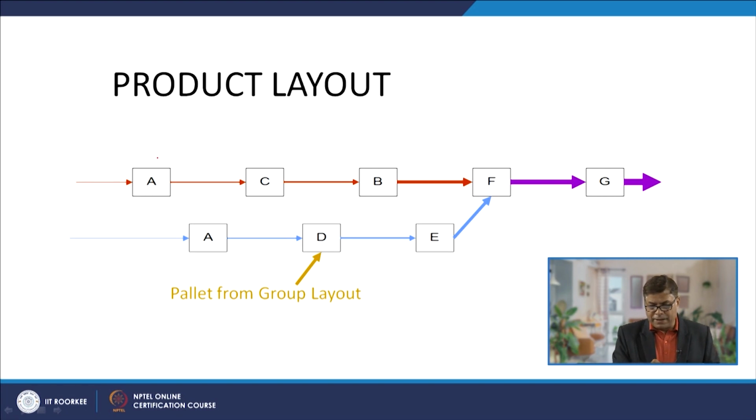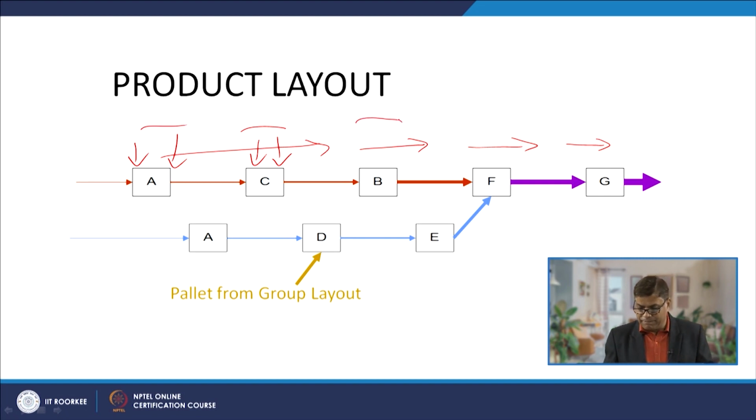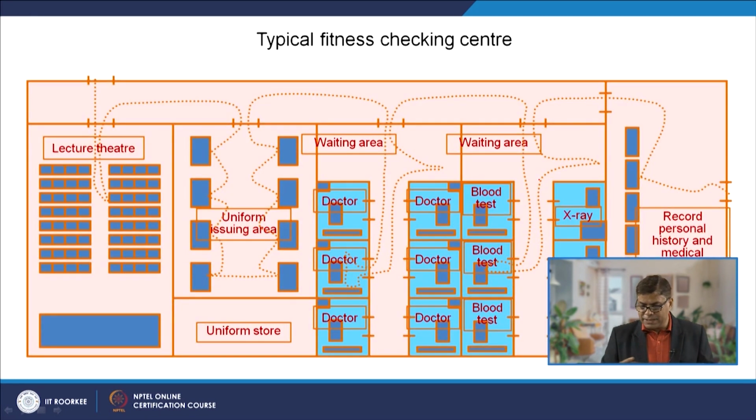Let us see a little bit of detail of the typical product layout. The equipments are arranged in the sequence of the operations to be done, and these are designed in such a way that the activities assigned to each station take almost equal time to complete, so that the wastage of time at each station is minimized, and there is no backtracking and there is streamline movement.